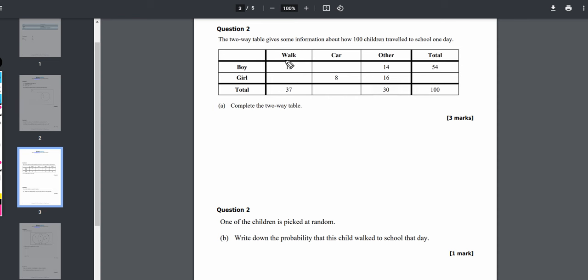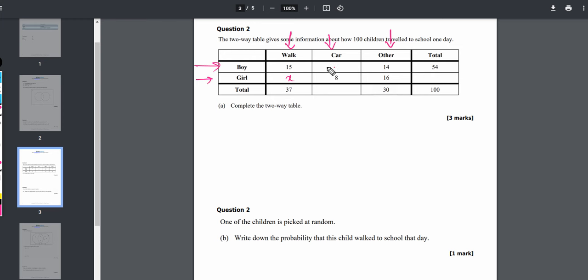Alright, so here we have a question in which we have been given a table. It says the two-way table gives some information about how 100 children travel to school one day. So this row is representing the boys, this row is representing the girls. These columns are representing the mode of travel. So 15 boys walk to the school, and there are a total of 14 boys that go to school by bus. There are a total of 54 boys, and we don't know about the car, we don't know about the girls